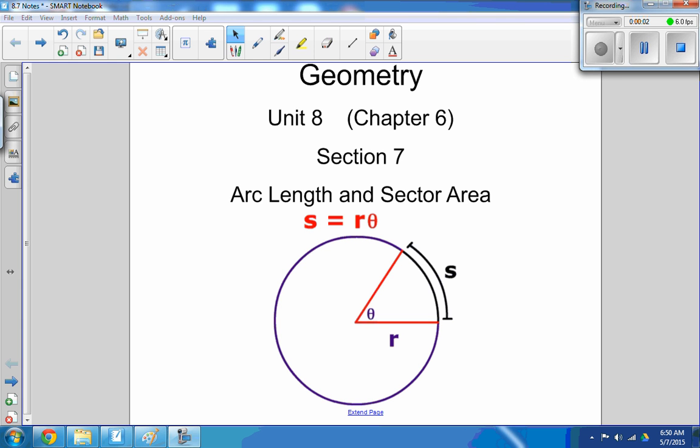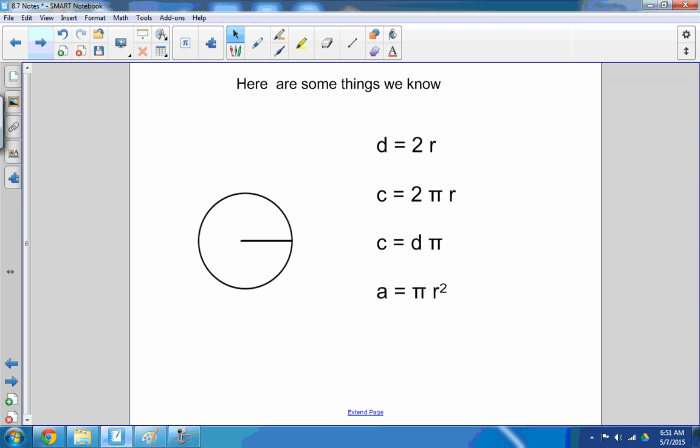Geometry, Unit 8, which is Chapter 6 in the book, Section 7, Arc Length and Sector Area. So let's review a couple of things that we know. We know that the diameter is 2 times the radius, so here's the radius, and then the diameter will be